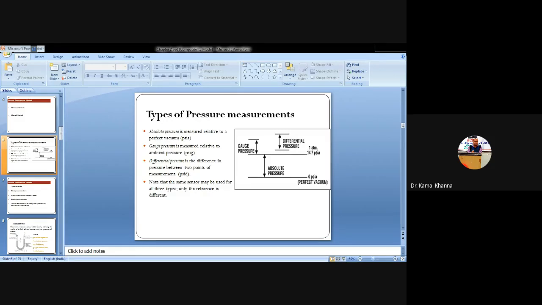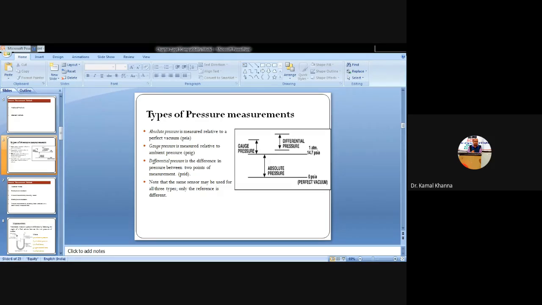Atmospheric pressure generally varies with altitude. As soon as you go upward, like in hilly areas, the pressure changes, whereas in the plain areas there is a normal atmospheric pressure, and the normal value of atmospheric pressure is generally 1.013 times 10 raised to power 5 pascals. What is a pascal? 1 pascal is equal to 1 newton per meter square. Newton means the thrust of the fluid acting on the surface, and meter square is the area on which that thrust is acting.